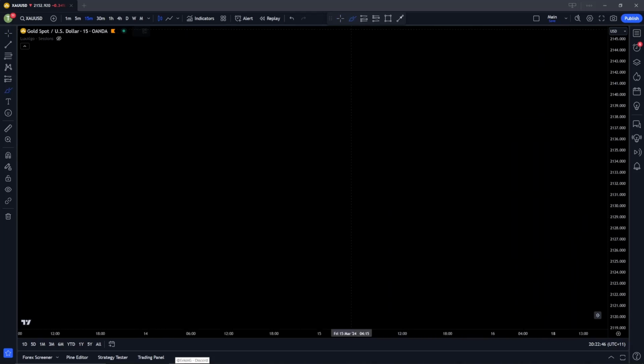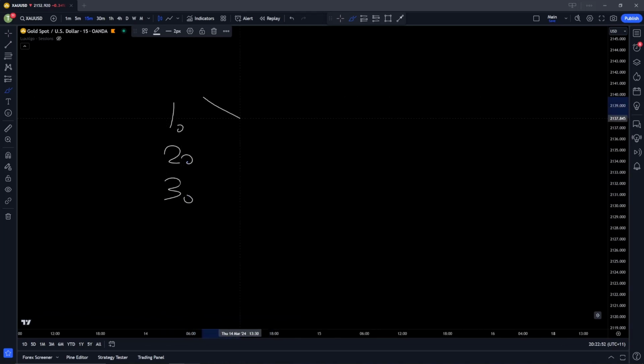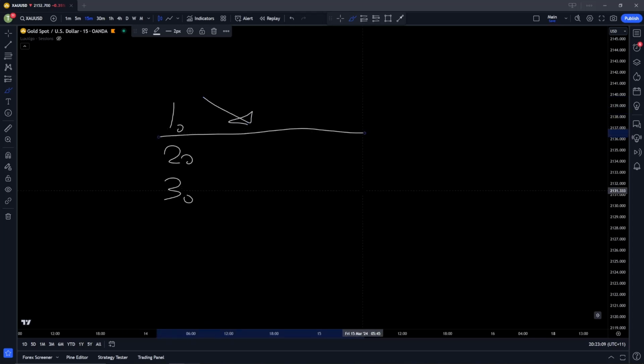So simple 3-step process. You kind of find this in any system. But overall, I just look for an overall high time frame, shorter time frame, just a sense of direction. Where is price moving over the next hour, the next day, or the next 10 minutes? Just an overall direction. But this is actually quite difficult. It's subjective, it's not clear always, and it's different on different time frames.